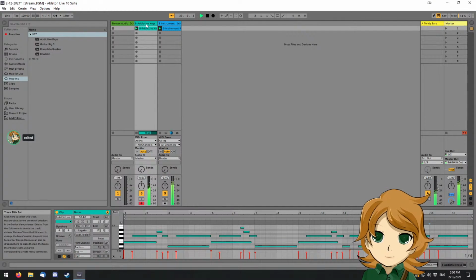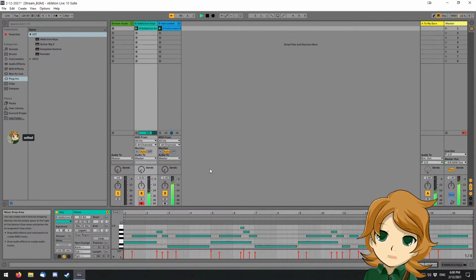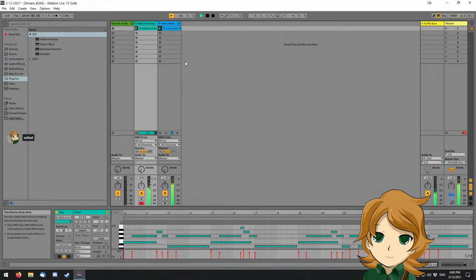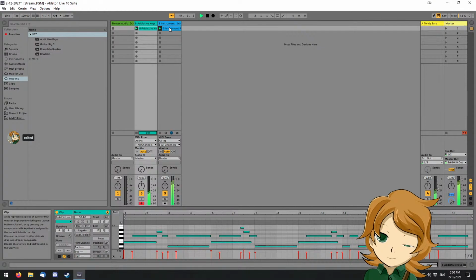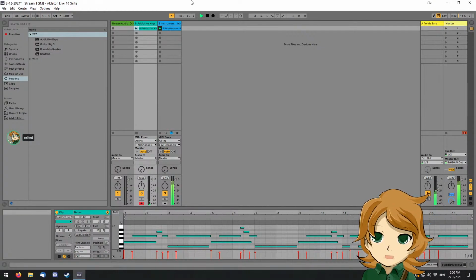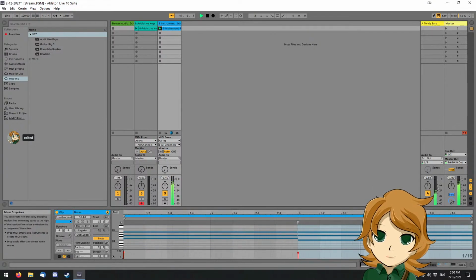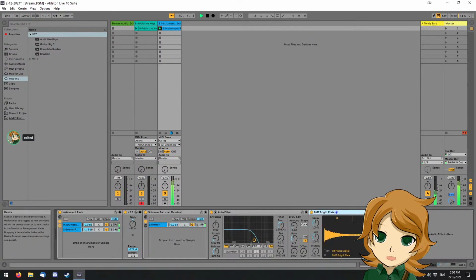This is the one that's most likely to change. But I do really like this as a background. And so what I can do here is I can actually